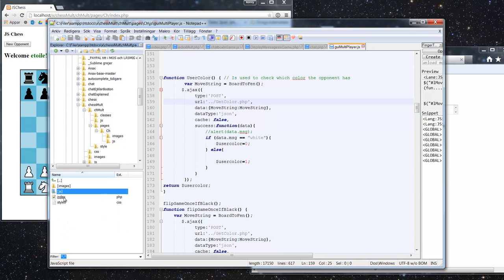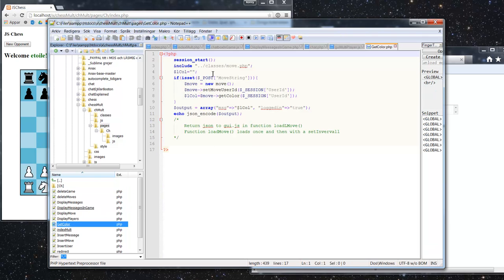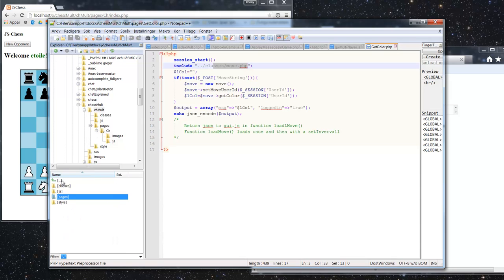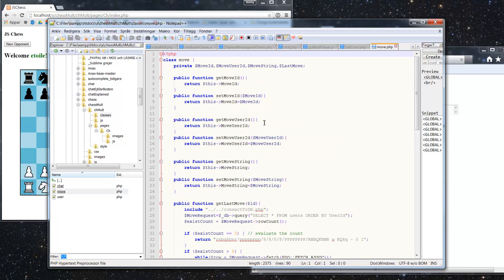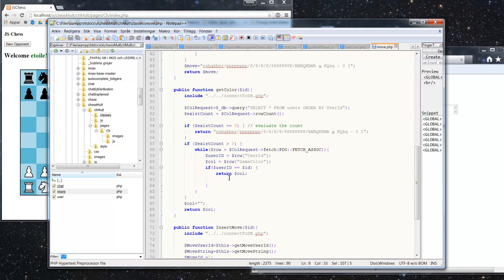So we go one step back, or actually two, to get color, and what this one does is it's calling the move class. We haven't checked the move class yet, so let's have a look at the move. We have seen the user and the chat. If we go into move, we have a get, move, set, so get and set again, and some functions. It's only three functions. Get color is questioning the database, and it selects everything from the user, ordered by user ID,